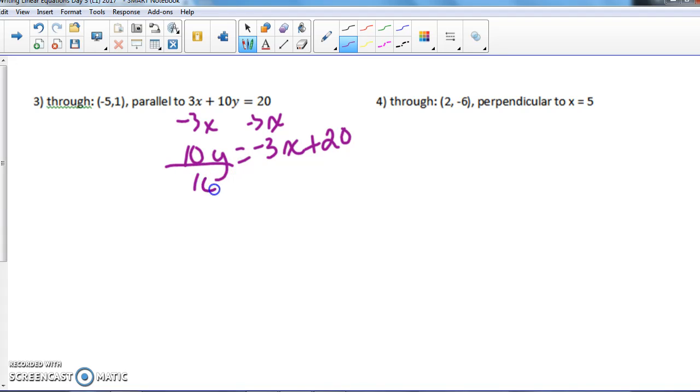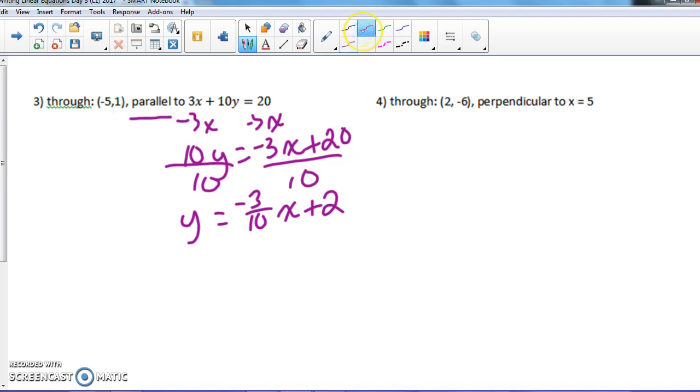And then divide by 10. So in slope-intercept form, this looks like negative 3/10 x plus 2. Now I can tell you about the slope of that line. The slope of that line is negative 3/10. We want a line that's parallel, so that means we also want to use a slope